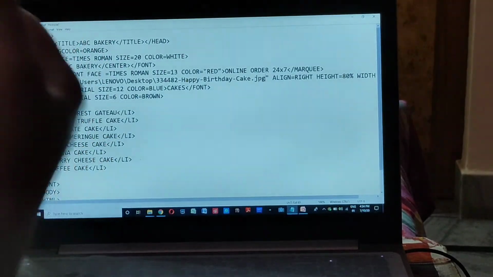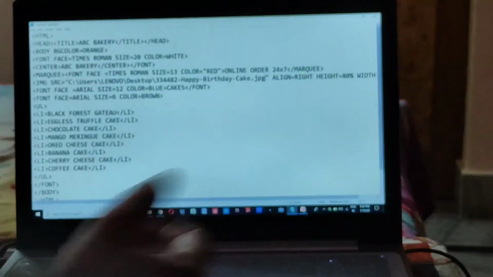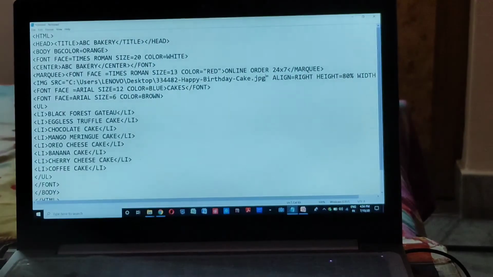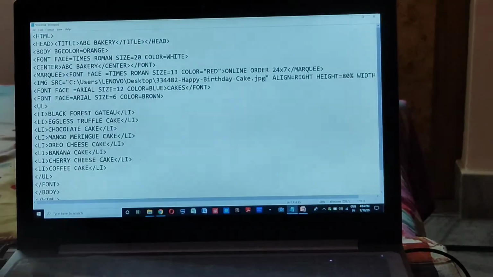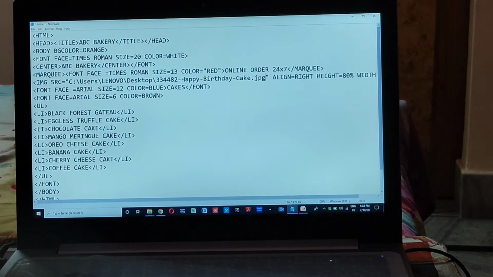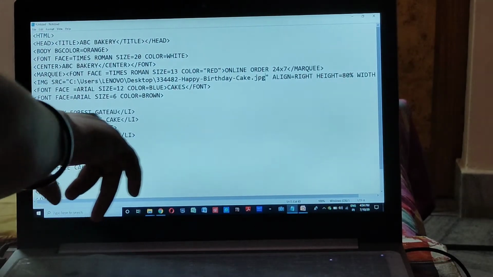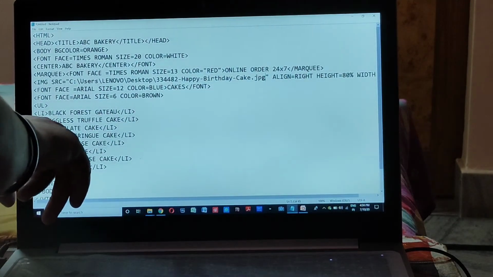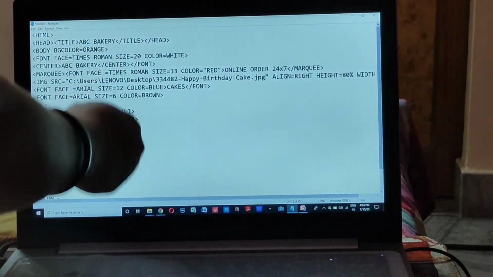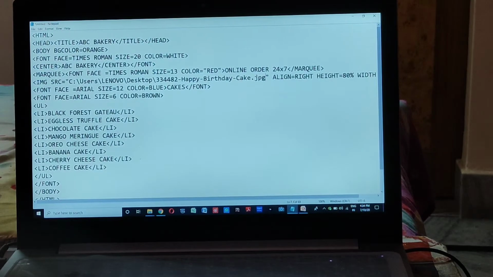Now we have written ordered list, unordered list. We have already told you how to create ordered or unordered lists. Here we have created an unordered list. UL stands for unordered list. Now LI is list item. This is the list item. We have written the name, then close, again list item, close. Like this we can write down the complete list, and then we have to close the unordered list. Then we have to close this font here, right? Then this body tag is closed here, and then HTML closed.